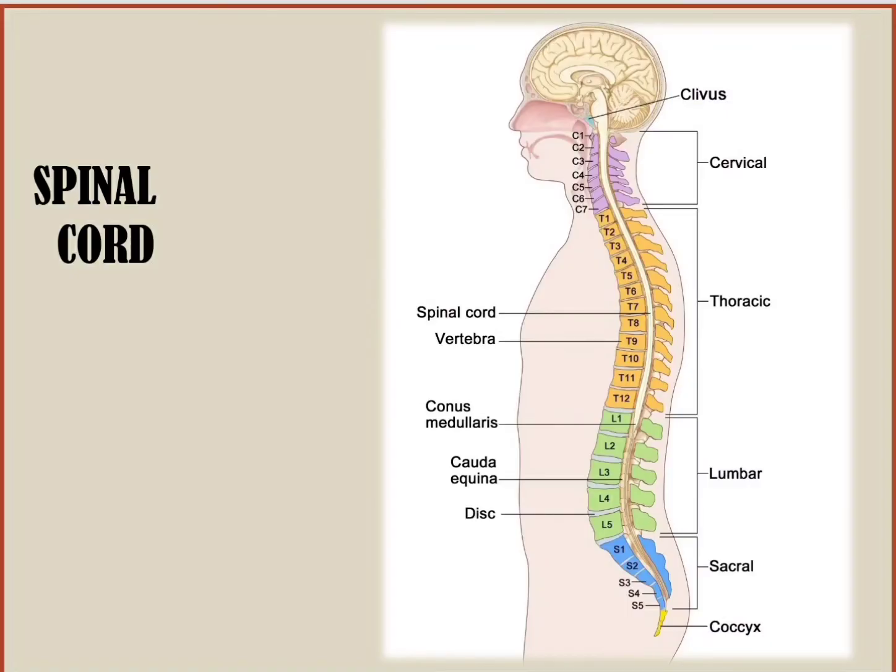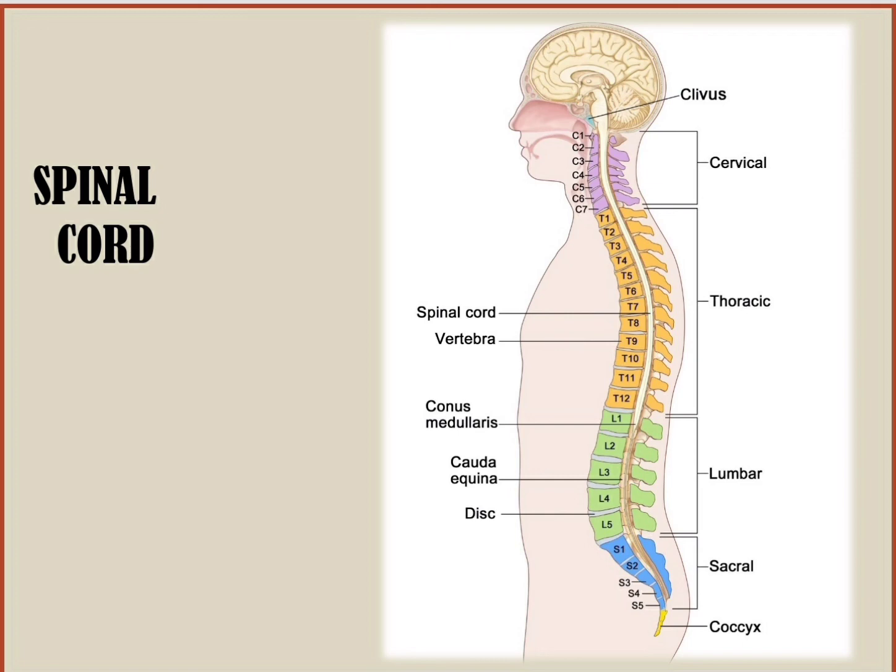Next, we look at the spinal cord. Your spinal cord is basically made up of 5 different types of bones. If you see in this diagram, there are 5 different types of bones colored with different colors. The first set are called the cervical bones or the cervical columns. They are from C1 to C7. They are the cervical bones, and these are present in the neck region.